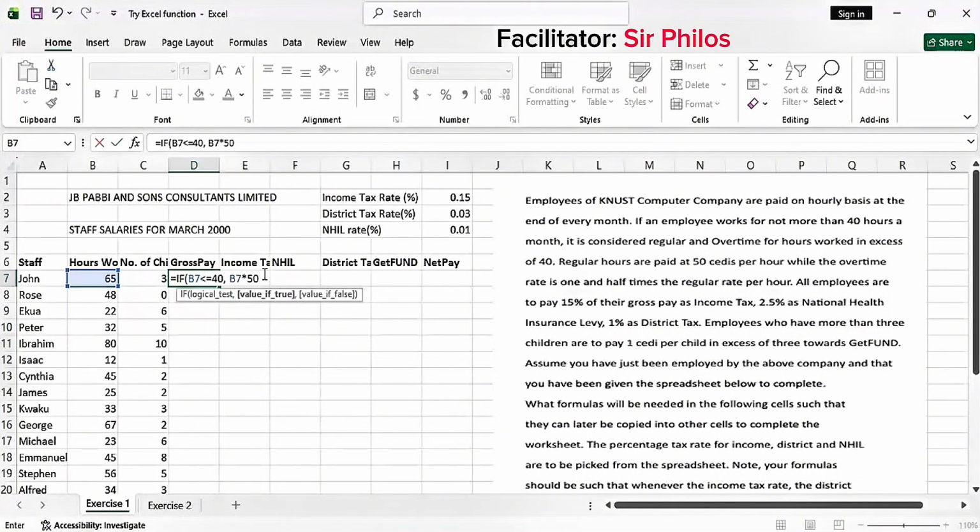By 50. If it is true, and part that it's actually less than or equal to 40. You get it? Else, that is, if it is not true, if it is actually not less than or equal to 40, if it's more than 40, then this is what Excel should do. Excel should take the first regular time and multiply it by the regular rate of 50, then plus